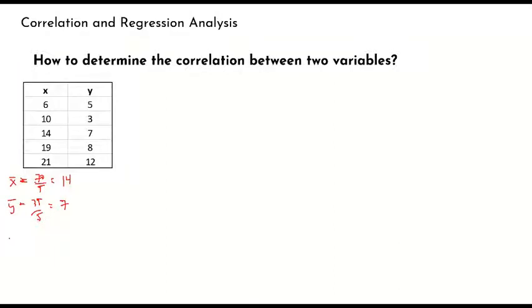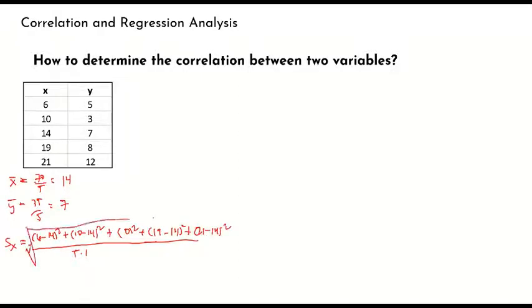Now, for the sample standard deviation for x, so that's 5 minus 1. And then we have 6 minus 14 squared plus 10 minus 14 squared plus, okay, 14 minus 14, so 0 squared plus 19 minus 14 squared plus 21 minus 14 squared. So square root. So, okay, so standard deviation for the sample is equivalent to,